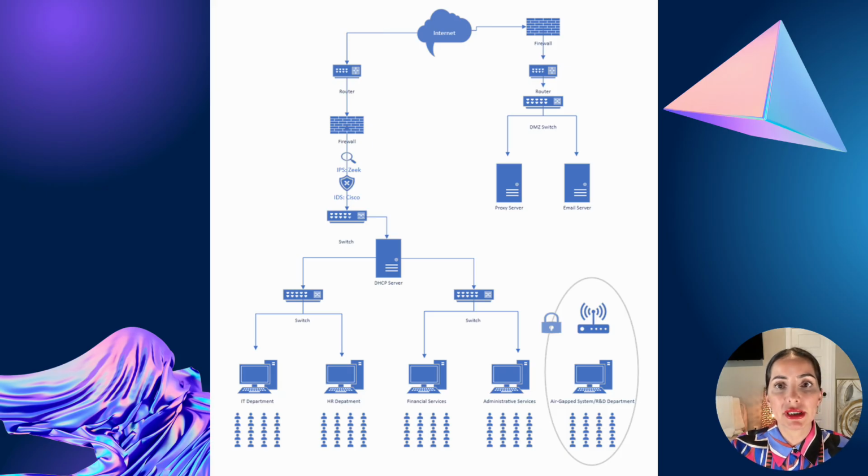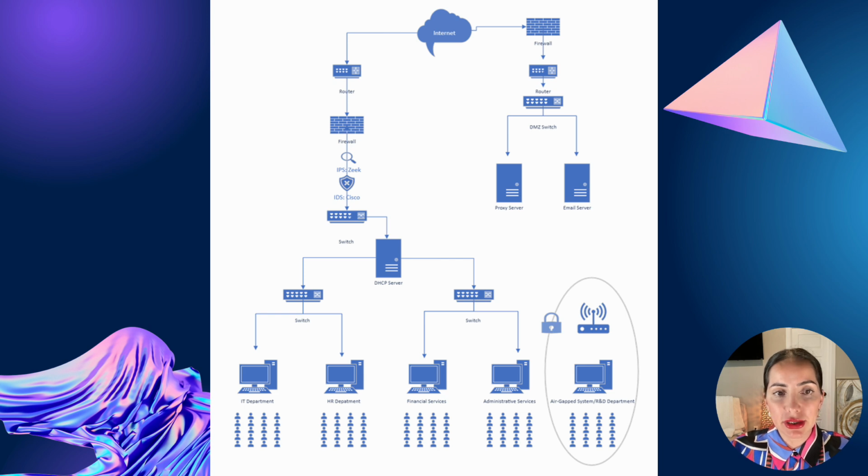So here in the secure network design, there are several vital components working together. This includes 2 routers facilitating the connection to the internet, 2 firewalls managing incoming and outgoing traffic to protect the network, 4 switches for interconnecting devices within the network, an IDS and an IPS for detecting and preventing unauthorized access or malicious activities. In mine, I selected 2 different ones, which is Seek for the IPS and Cisco for the IDS. Then we have a proxy server for filtering and inspecting internet traffic, and an email server for secure communications,